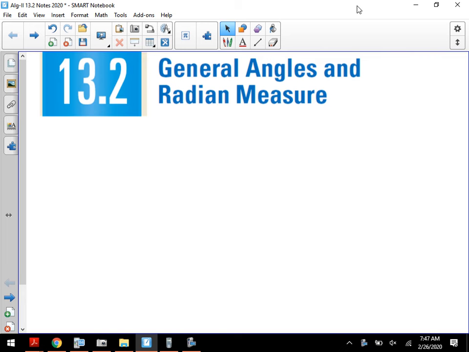And my best guess is that we will get through most of the trig stuff aside from the graphing portions of it, and that'll take us up to spring break. We get back from spring break, we'll take probably a week and a half to get through the graphing portions, and then we'll get into conic sections, and then we'll get into sequences and series, and then we get into